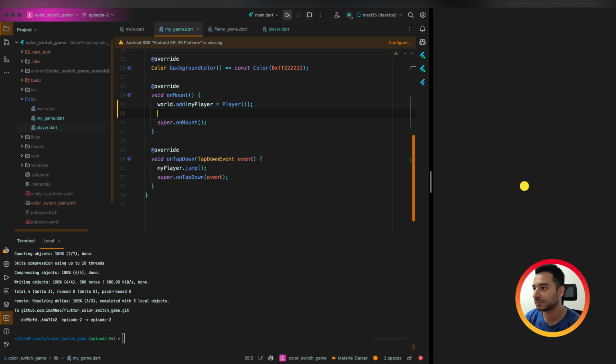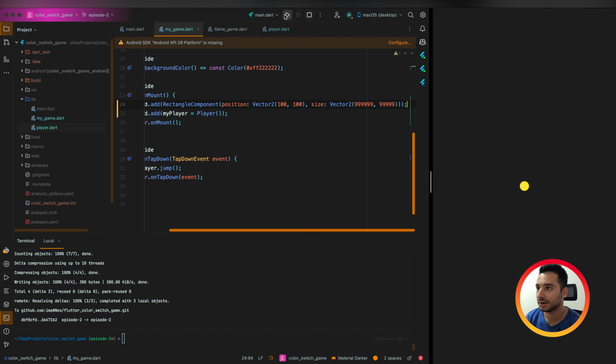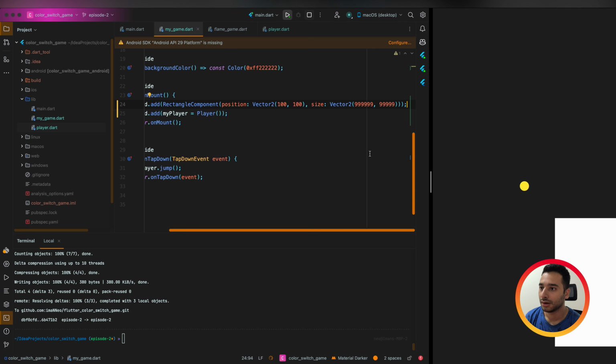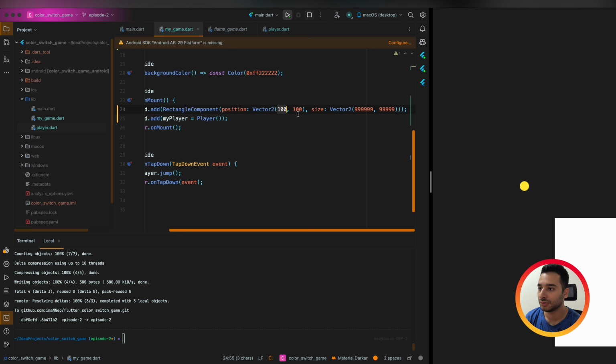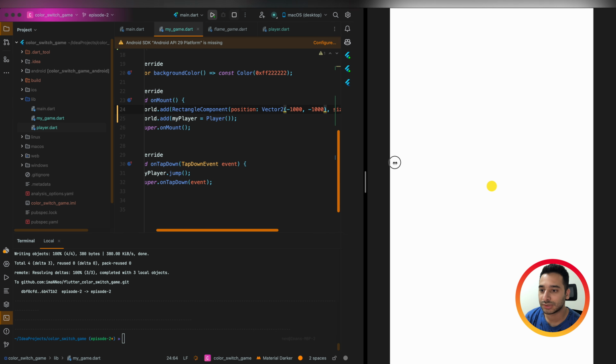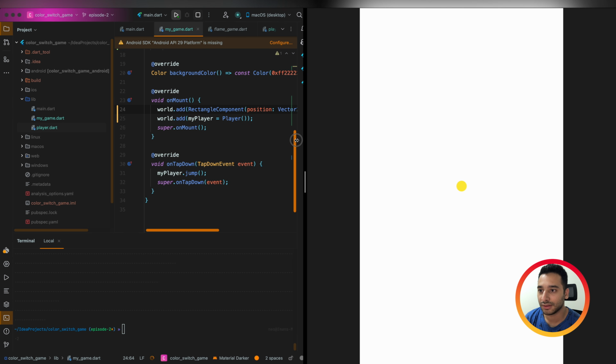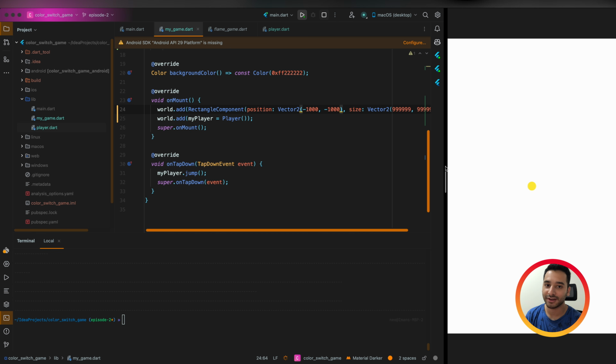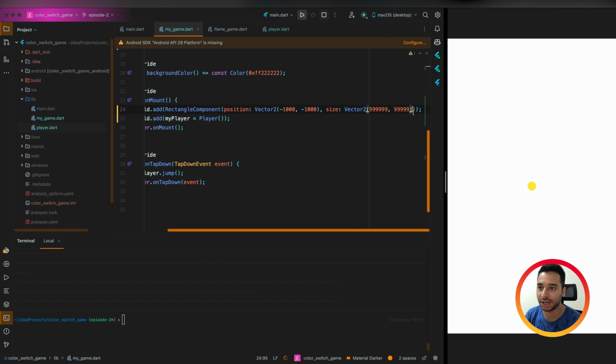And let us put it behind the player. We need to have a negative position to move it to the top and left. As you see, we have a very large square or rectangle in our game.